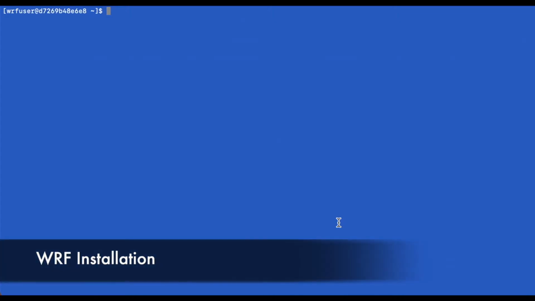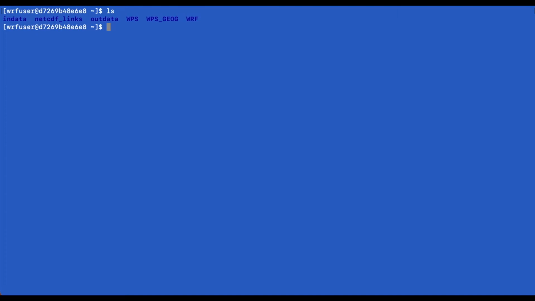WRF. In this case, I assume that you have installed in your computer the WRF files, the WPS files, as well as the static files. Here I have an installation ready. I'm actually using an installation that I prepared on Docker, so if you want to use and try that,